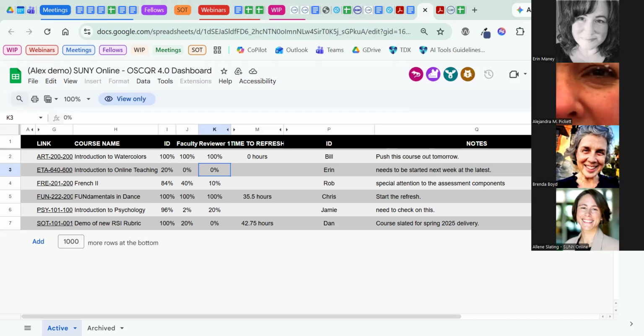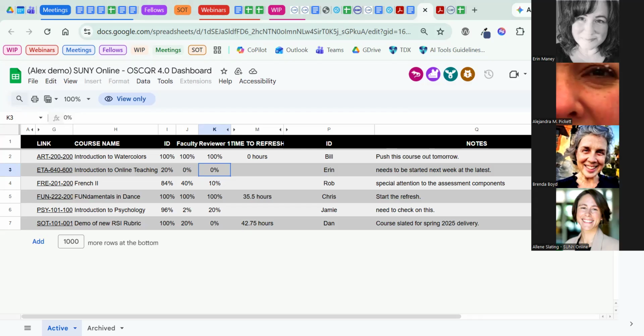So I'm sharing that with you because as a reviewer who might be in charge of a larger scale initiative, you might want to leverage both the interactive rubric as well as this dashboard tool to assist you to manage a larger scale project. If you are just an individual instructional designer doing a handful of courses, or you're faculty and you just want to do your own course, of course you can use the interactive rubric, and there's no problem with that. You just go get it from the Get OSCQR page. But the PDF would also serve you just as well. It just won't have some of those interactive features in it.